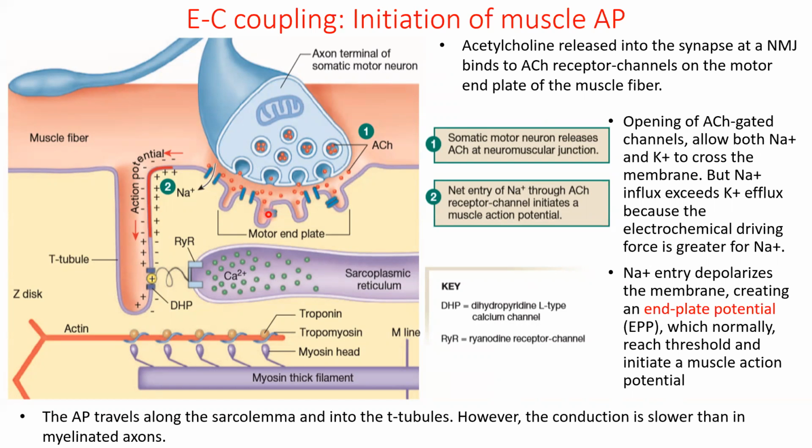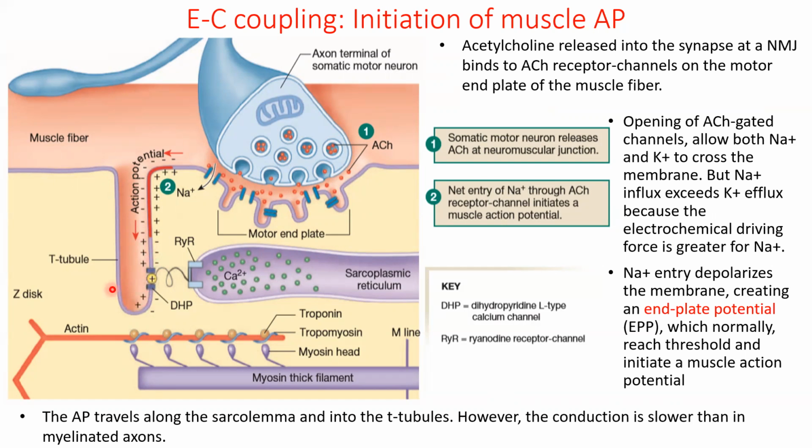It opens up a cation channel, okay? And that cation channel, depending upon how many you open up, will allow sodium to come in more than potassium to go out. That generates a graded potential in this region, all right, in this region, the end plate. If that graded potential is big enough, by the time you come up here and it is beyond the threshold for opening up those voltage-gated channels, now you will have an action potential going through the membrane and